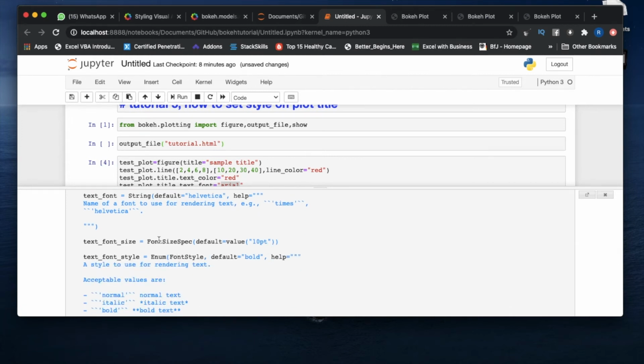Okay, text font size is there. Text font style is here. Okay, so we can use so many things now. So we'll use it now. So how to do this, you can easily get the idea from here. Okay, so what I'll do,